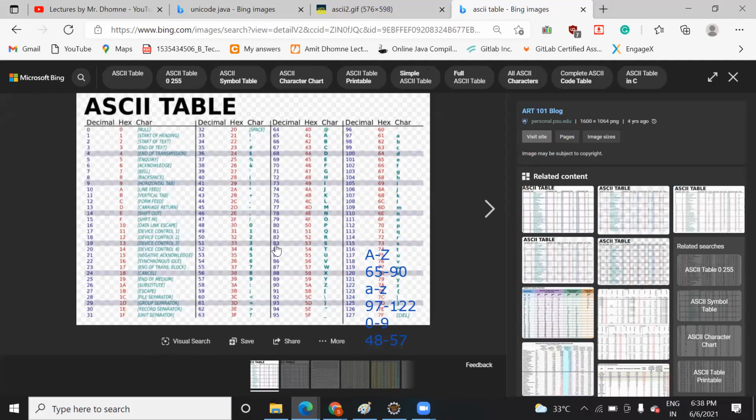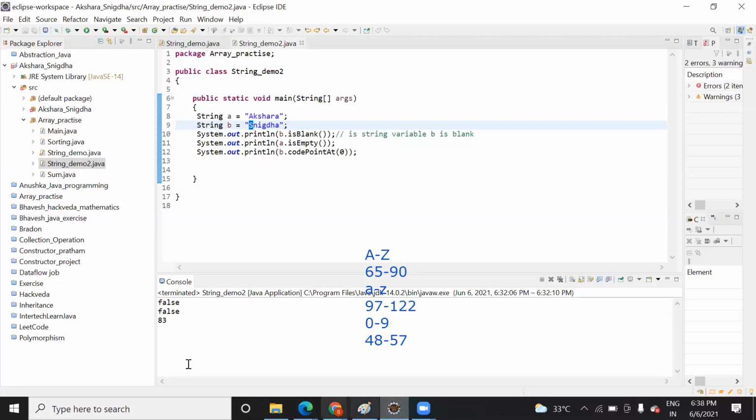So you can see it here, 83, right? 83 is the ASCII value of S. So when I showed you the Unicode, that's why it was printing 83. Do you understand now what is Unicode and how you got 83 when we ran this program?